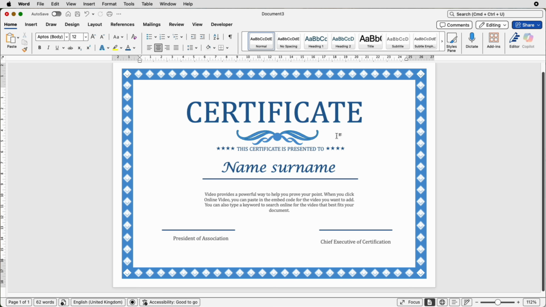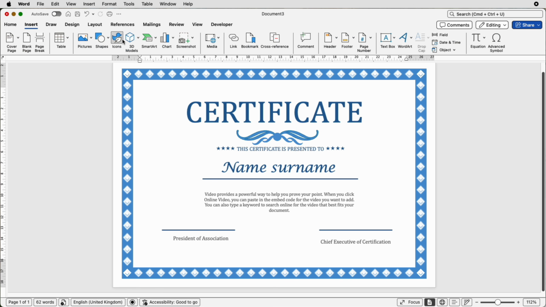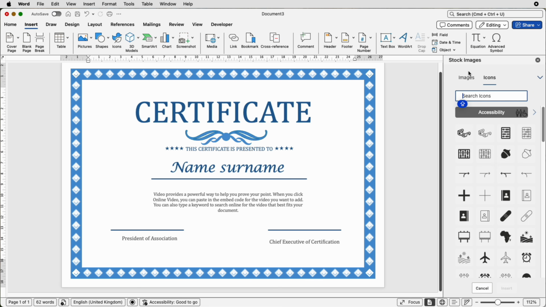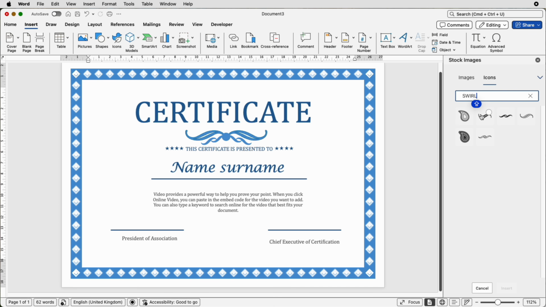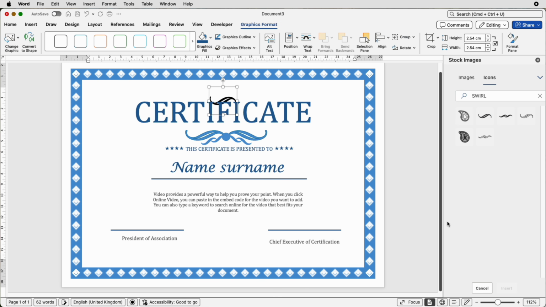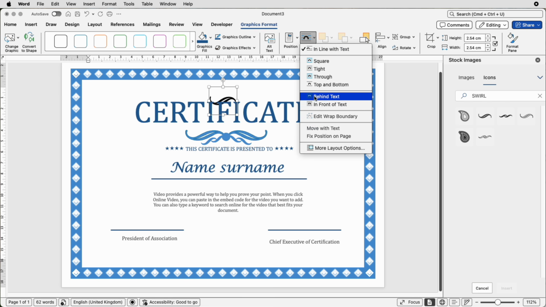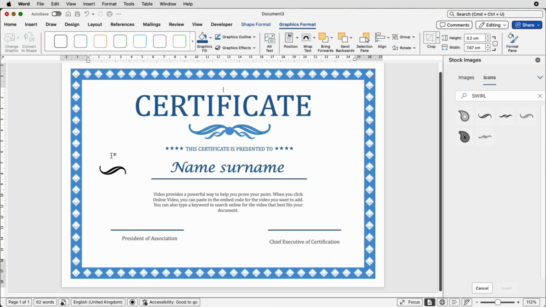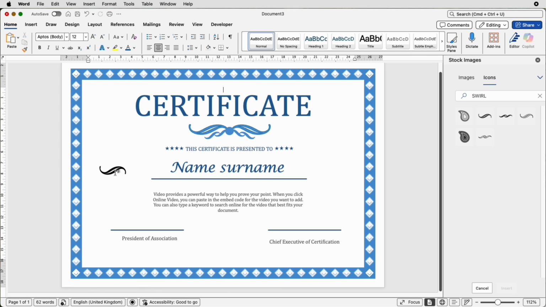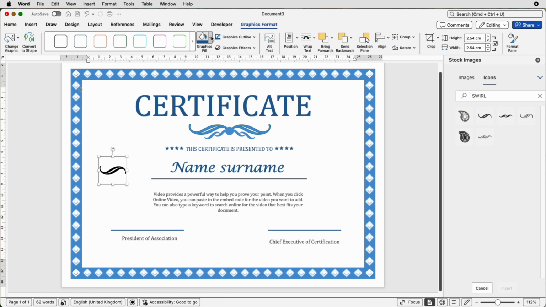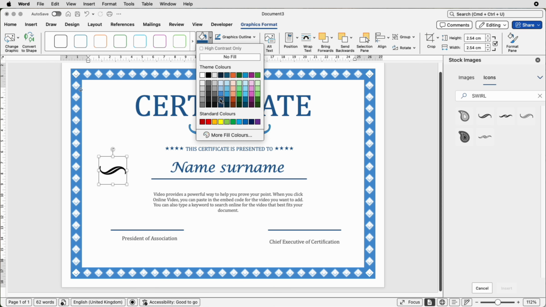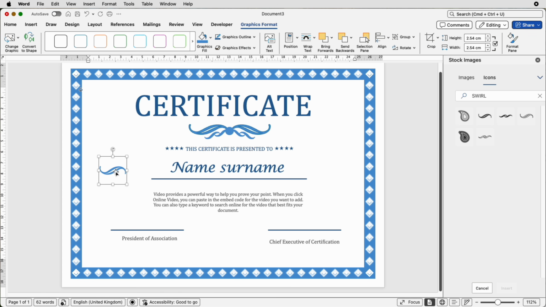Now you can download multiples of these by going to Insert, Icons, and you can put in swirl at the top here, and you can see we've got these little swirls here. Click on it, insert it, go to wrap text and select in front of text. And then I'm just going to show you how you can create these little swirls here. Select it, go to graphics format, graphics fill, select a color of your choice. I've selected a slightly lighter one. Then you can copy them,